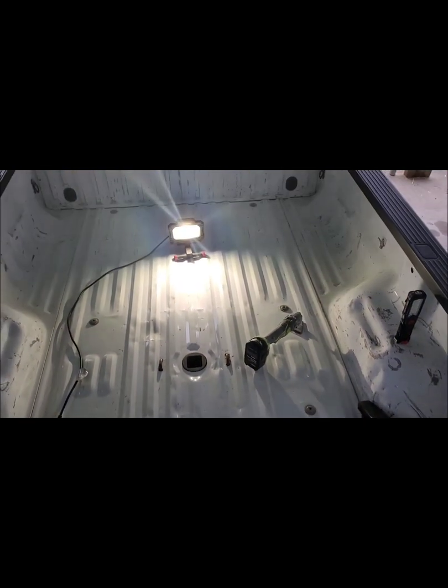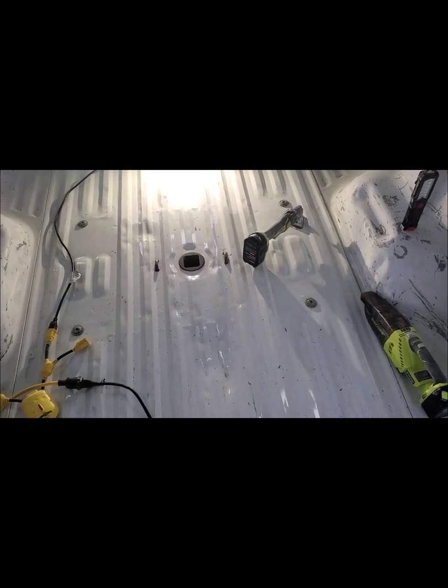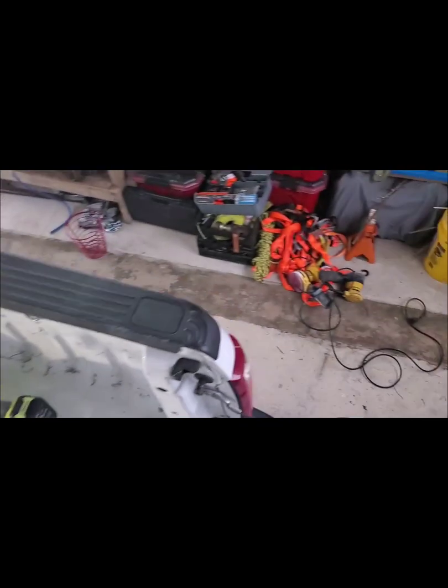And then I'm working my way across, which may not be best, I don't know, but I'm working my way out of the bed. So got a long way to go, maybe another hour or so. And the oscillating sander is by far the best. I started off with the